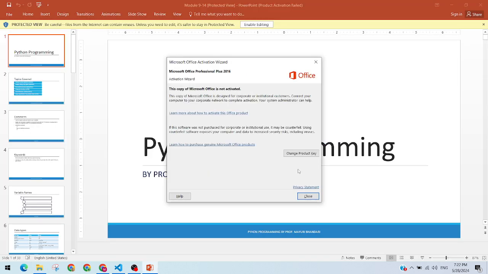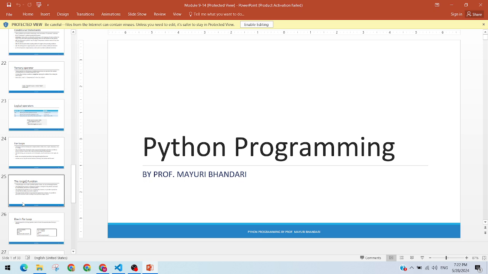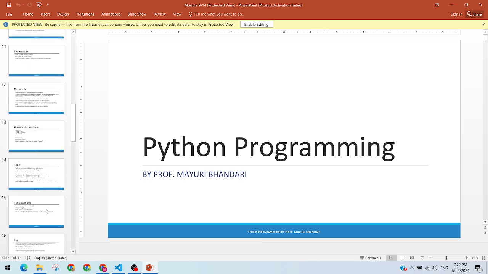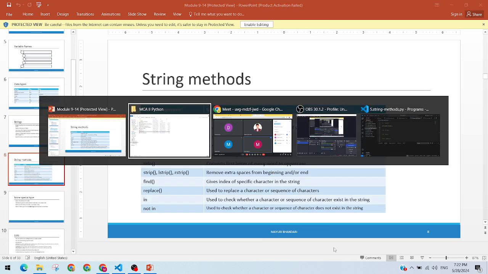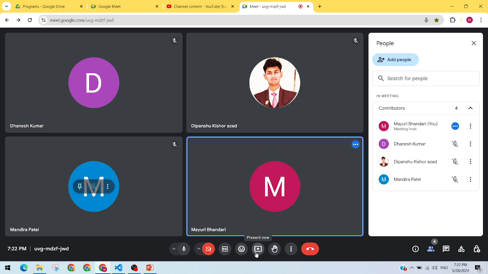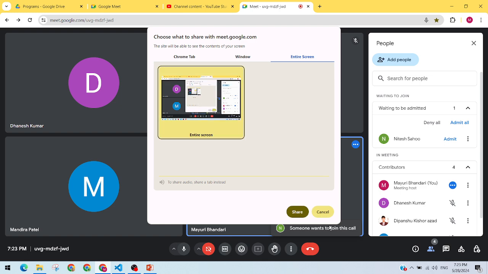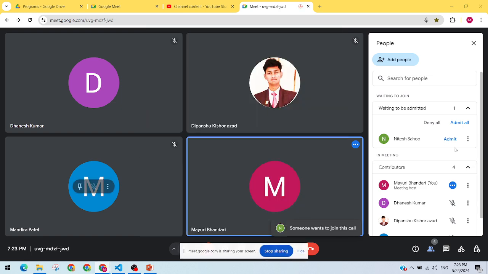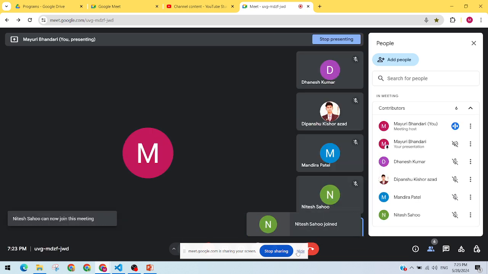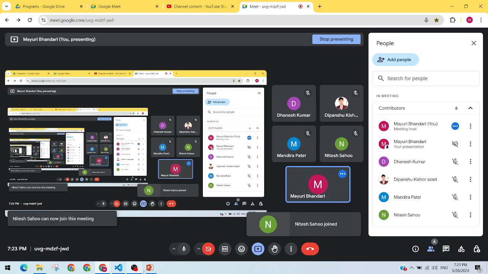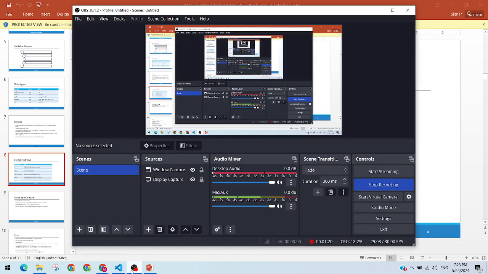जस्ट अ सेकंड, आई शेयर माय स्क्रीन। Is my screen visible? यस मैम। यस मैम।